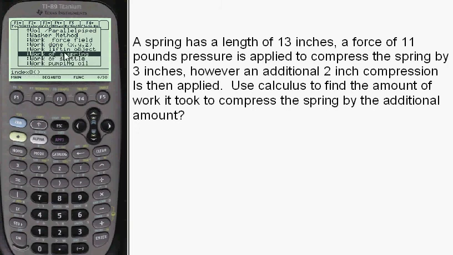I pressed up here, which went to the bottom of the menu. There's 180 items in the menu, so it's quite a ways down. In your calculator, you can hold the second button down and press this. It goes screen by screen, really fast down and up the menu. On a test, we need to know these tricks to do things quickly, efficiently and fast. So at work of a spring, we're going to press,